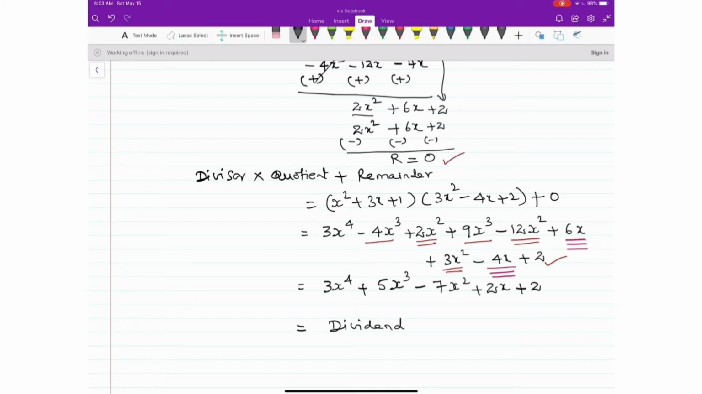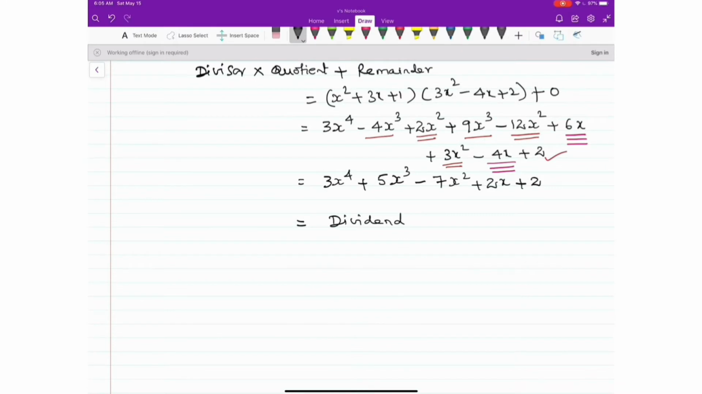So, we have proved now divisor into quotient plus remainder is equal to dividend. So, from these two examples, I have proved that the division of the polynomials also follows the similar rule which is known as the division algorithm for polynomials. Okay. So, we can say that in general,